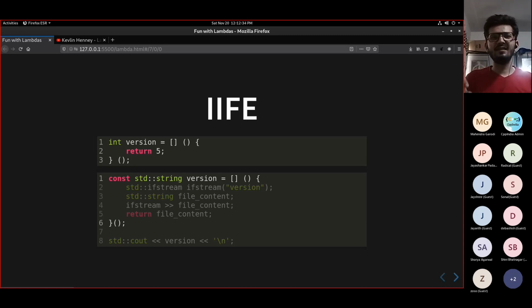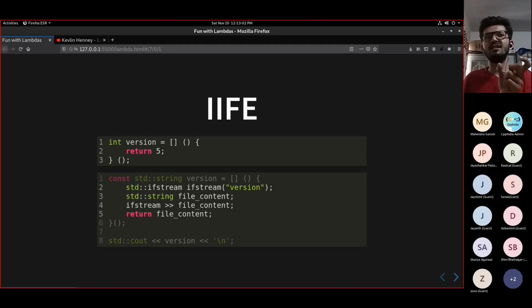Reading from a file is not a constant operation because we change the string, right? So if we use immediately invoked lambdas, we can have the version string which will remain const, and we'll assign it to a lambda that we'll immediately invoke. In that lambda, I create an ifstream, which is an input file stream, and I open the file version from the current directory, and then I declare a string which is not const, and I call it file content,